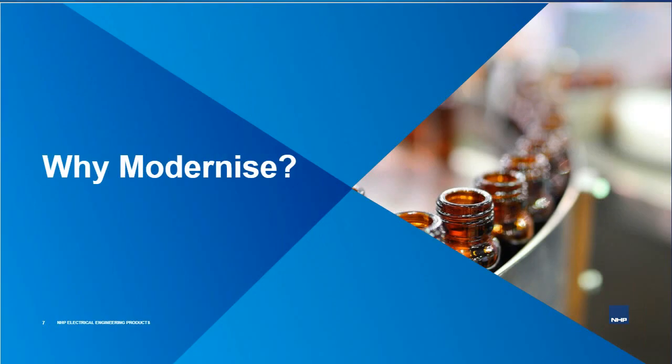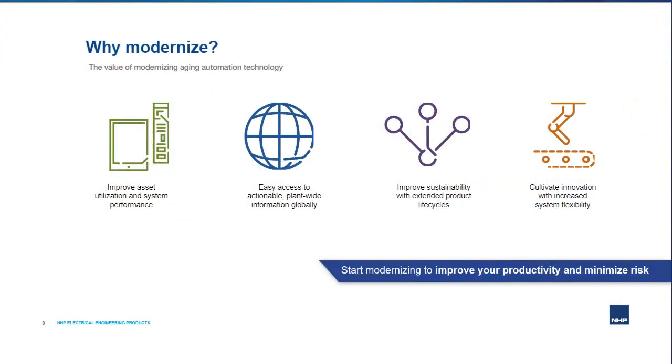So we've addressed the problems associated with not modernizing. Now let's take a look at why we need to modernize. What is the value of modernizing automation technology? As technology continues to drive innovation, staying competitive requires you to drive increased performance from your automation systems. Modernization improves asset utilization and system performance,